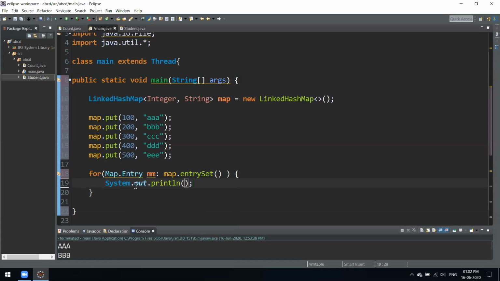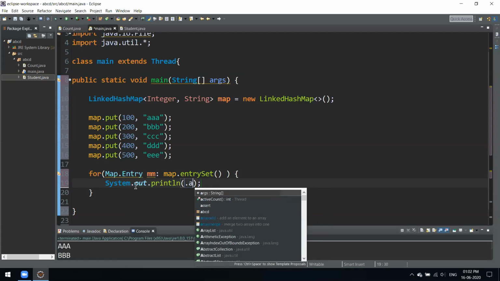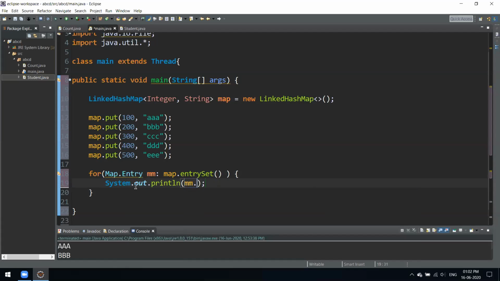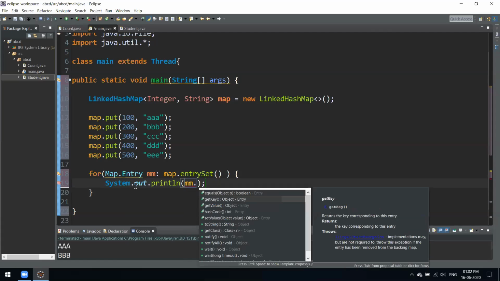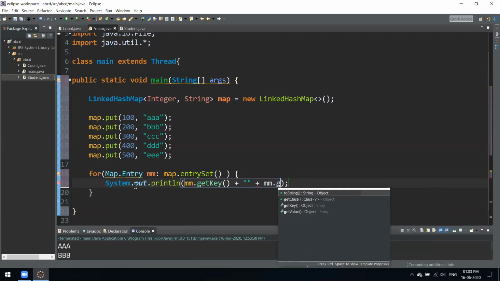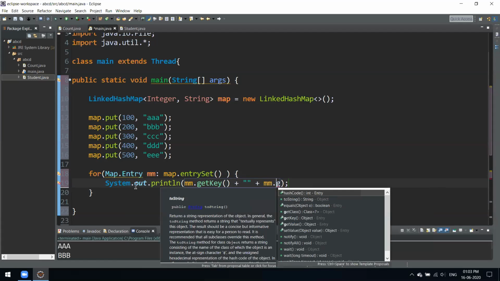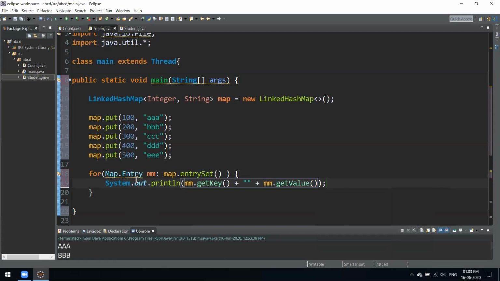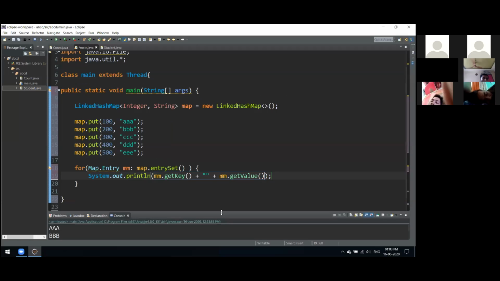Now we have to use get key. What get key does is get the key of that entry. And one more thing we have is get value, which gets the value of that key.